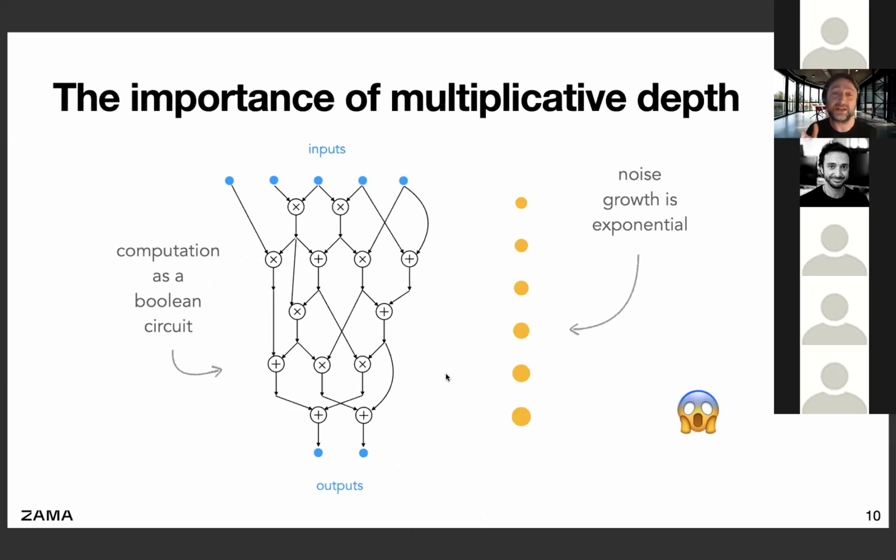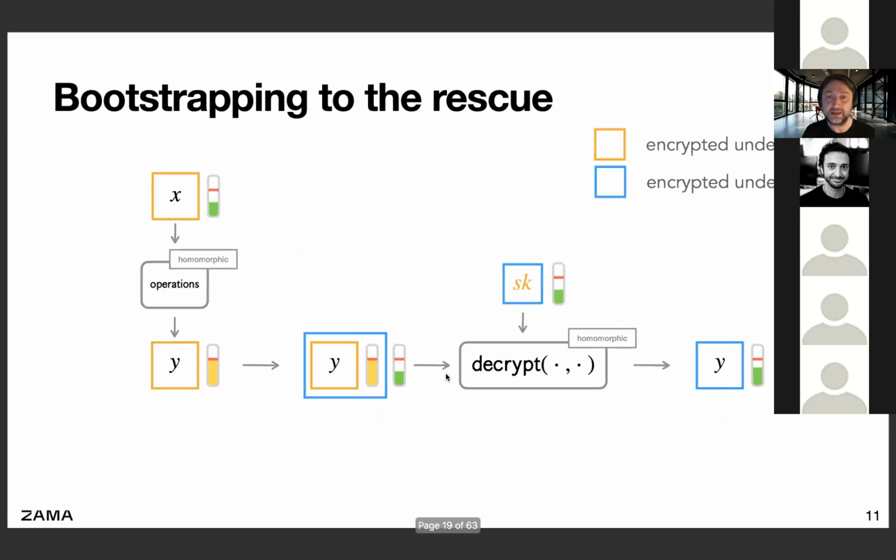So one of the consequences of this is that the noises are multiplied when you multiply 2 bits. When you multiply 2 random integers of the same size, the product is double the size, right? So every time you multiply, you kind of double the size of the random. It means that as you perform your Boolean gates, the noise is going to increase exponentially. So there must be some kind of critical path in your Boolean circuit along which the noise is going to grow exponentially. And so Gentry had this brilliant idea of